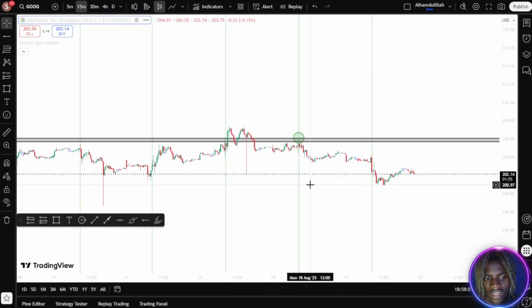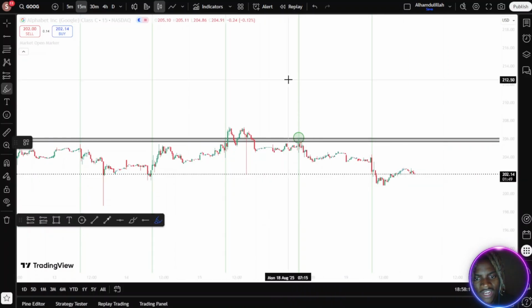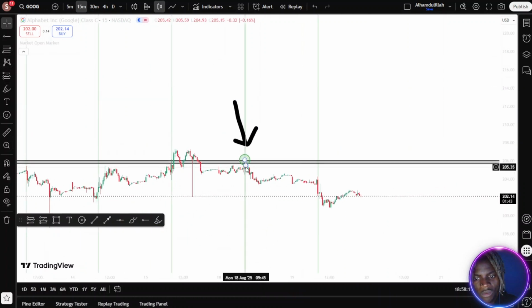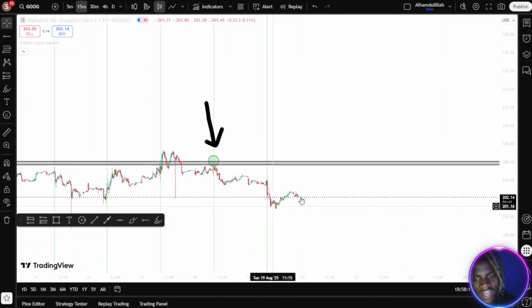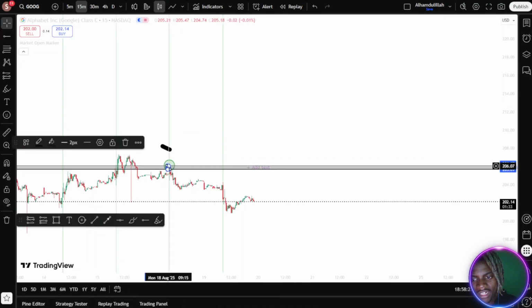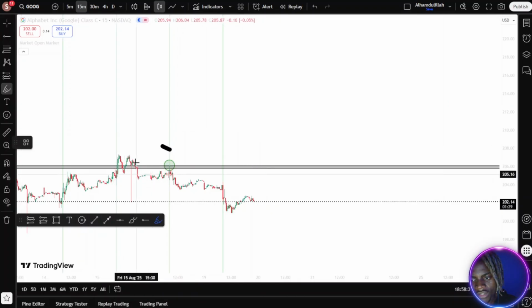About 6 points, okay, that's a lot of points to be falling. Due to that fact, I know that this area of resistance right here is strong. As soon as the market opened, the market decided to dump here. So now, let's just say hypothetically I took this trade, all I would have to do is wait for price to